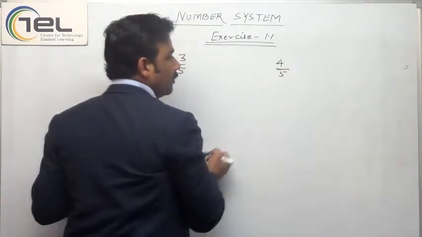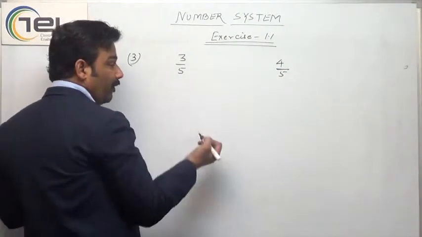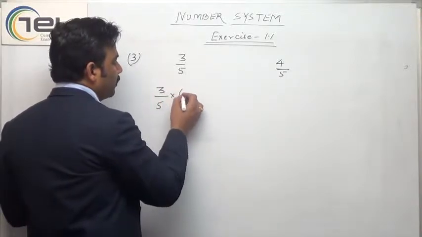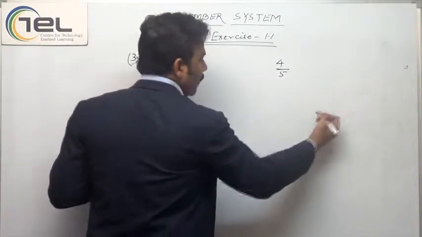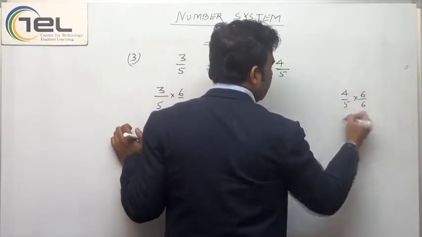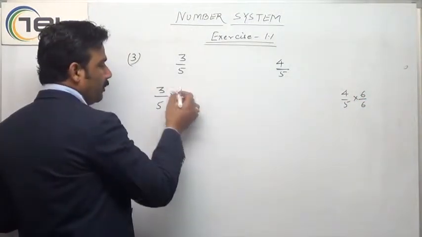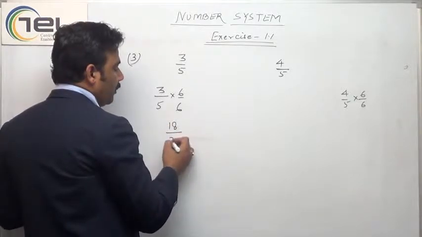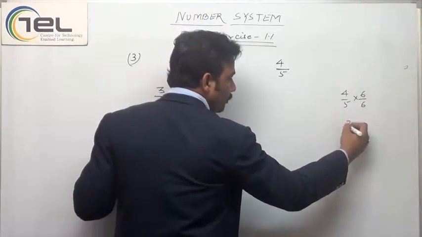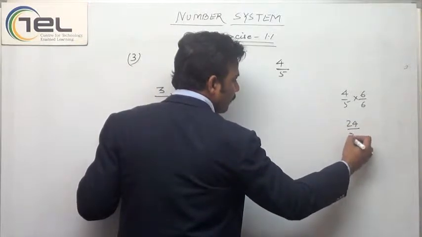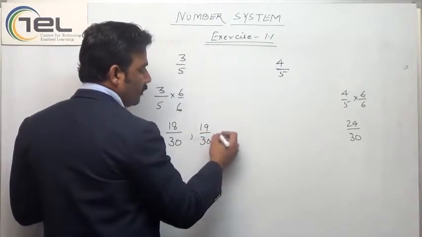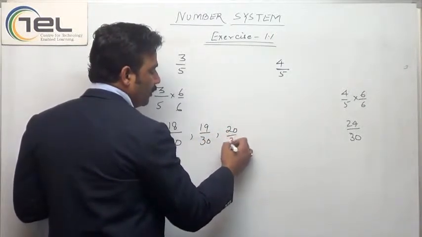I have to find 5 rational numbers, so multiply them by 6. 3 by 5 multiplied by 6 by 6 is 18 by 30, and 4 by 5 multiplied by 6 by 6 is 4 into 6, 24 by 30. So the next are 19 by 30, 20 by 30,